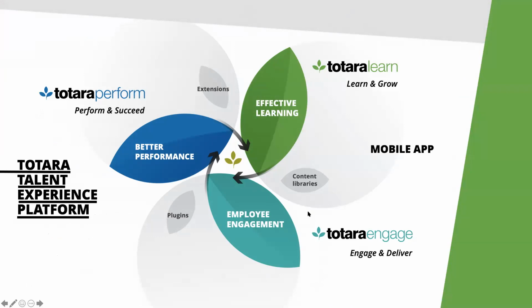So a reminder that the Talent Experience Platform, or the TXP, that is Totara Learn, Totara Engage, and Totara Perform. You can have one or several of those running. You can have any combination as it works for you. Of course, if you're running Learn and Engage, you have all those different learning options, but then if you tack on Totara Perform, you have a really robust way of linking your learning and development across performance and ongoing learning. So it's very much a cycle of improvement, engagement, and learning. Round and round it goes.